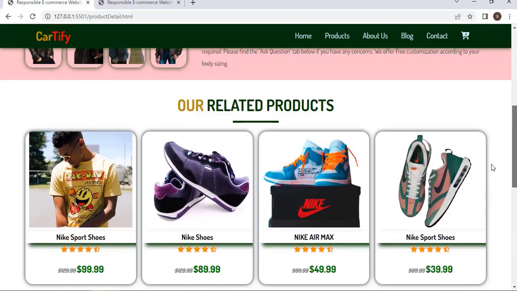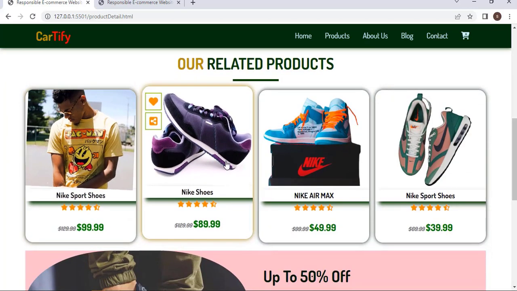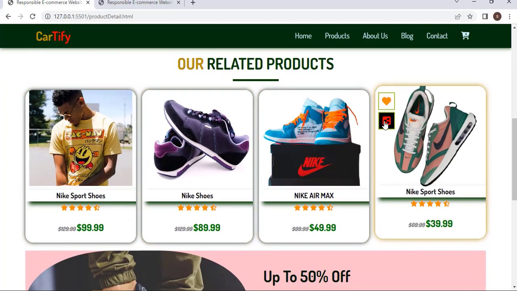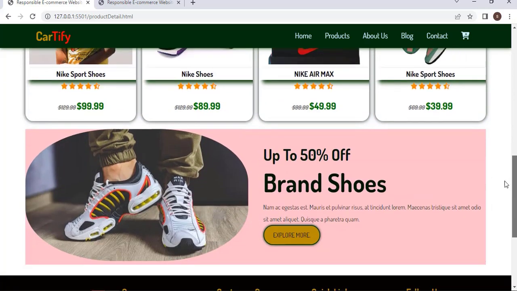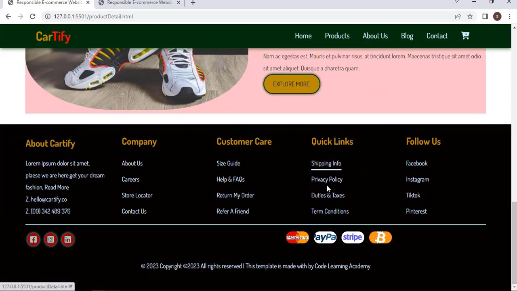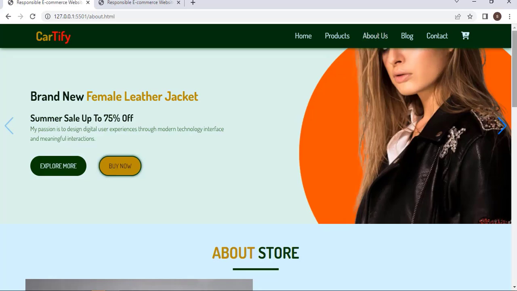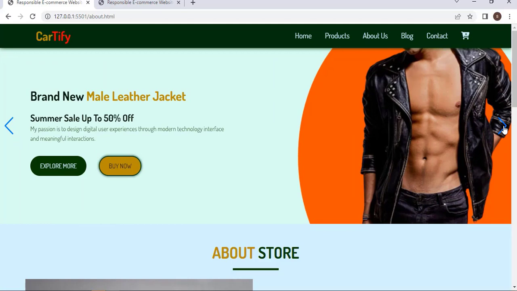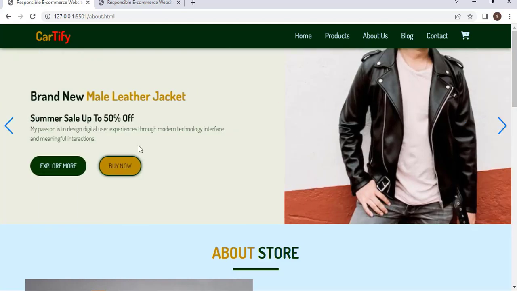You can select the size of the product right here. We have related products right here. We have a footer section and payment gateway, as well as social media links right here. So when I click this About Us navigation menu, it redirects you to an About Us page of this e-commerce